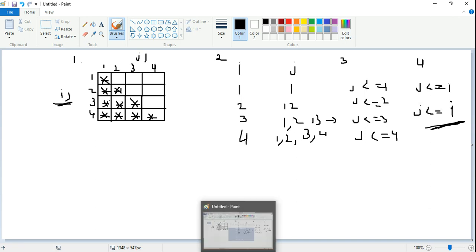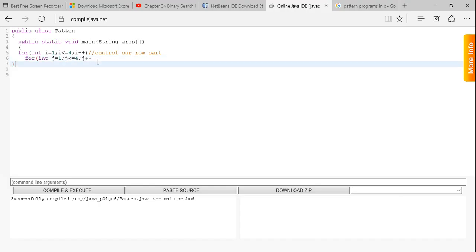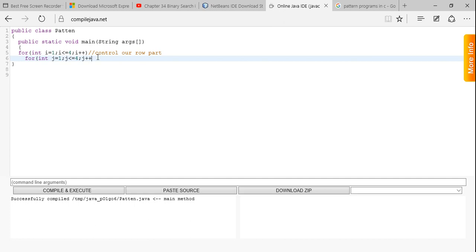We will write a logic here. I will show you how to write a logic. So the next part you need to do is write your logic. If j is less than or equal to i, it means